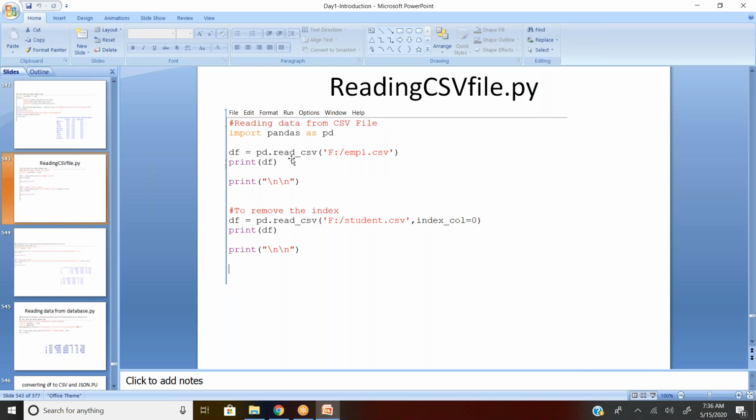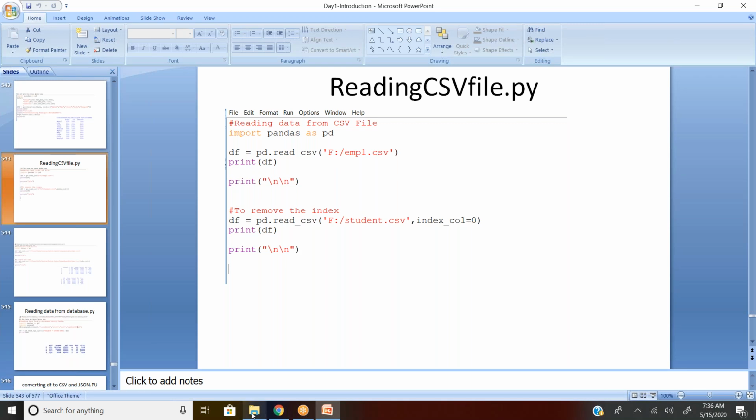So read underscore excel for reading an Excel file, read underscore csv for a CSV file. So pd.read_csv in brackets. In case your Python script and the CSV file are in the same folder, give the file name dot extension. That is good enough. For example, if your file is in some other folder and you are writing your script in a different folder, then it is mandatory to enter the path with the file extension.